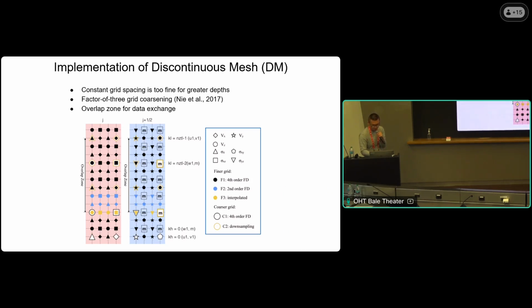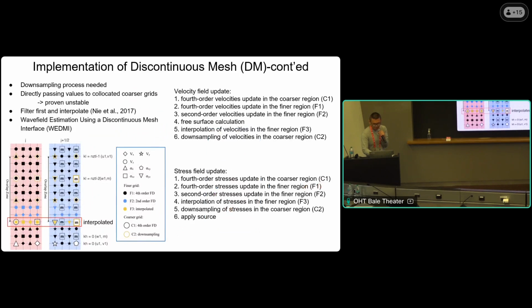And in order to do this, we need an overlap zone like here to do the data exchange. What we want is a seamless wave propagation through the overlap zone without creating any artifacts. There are a couple of things that we need to do in order to achieve this. Because we're coarsening the grid spacing, there needs to be a downsampling process. And because the coarser mesh has co-located points inside the overlap zone,